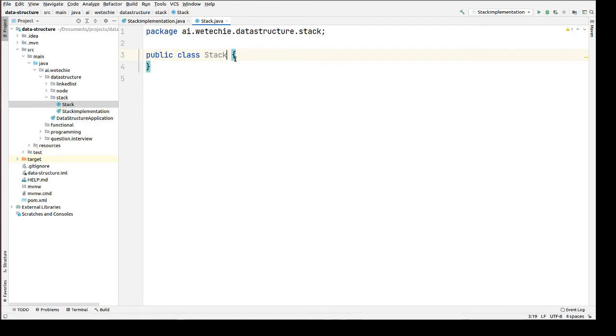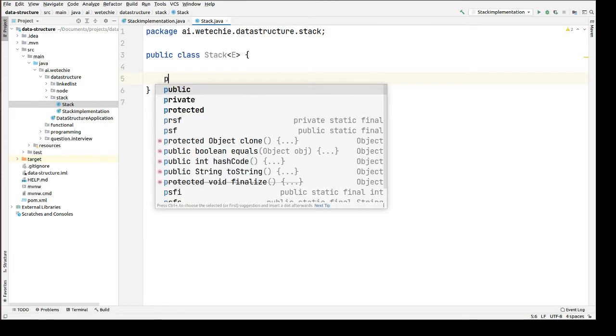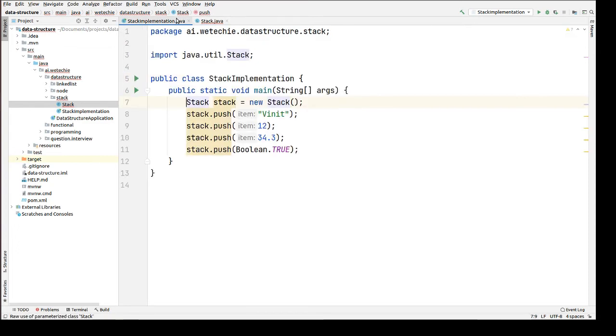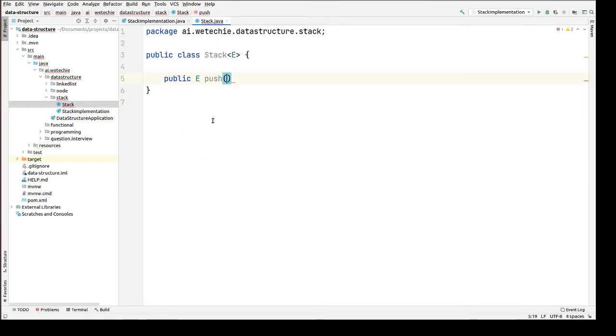Alright, now let's create a method, public, then we're going to return an object back to the caller method. Let's pass push here. This is what this push is expecting. As we discussed, this java.util package is allowing the user to pass heterogeneous types of data, right? See, they're passing string, integer, float, and boolean. So we will also do something like that only.